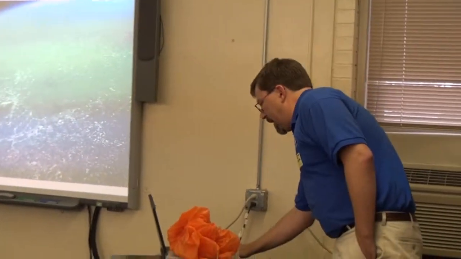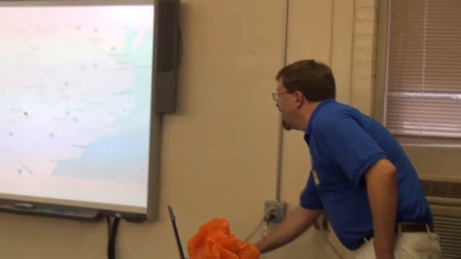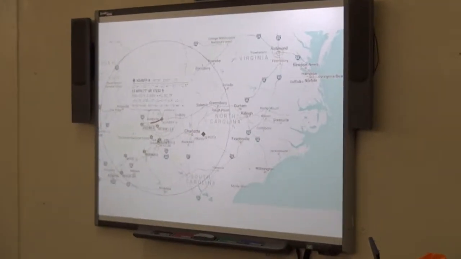So what we've got is we're going to be sending stuff up. We're going to be tracking it. We've got these cool little devices, probably the most expensive part of the whole thing, that will transmit locations. And we'll have some of you guys running mission control and tracking and coordinating, based on our plots of where we're going to leave Burlington and go here, and then making sure that the balloon's coming down this way and the cars to go get it are going to meet. So that's going to be interesting to do.